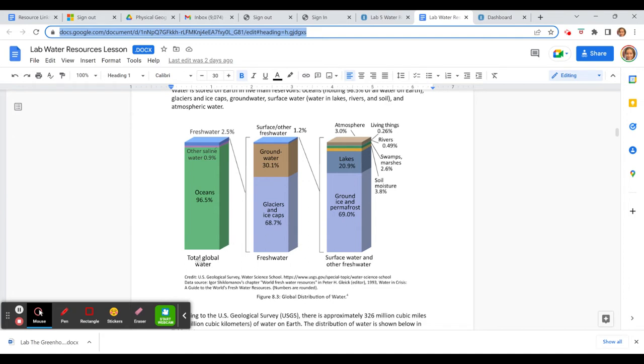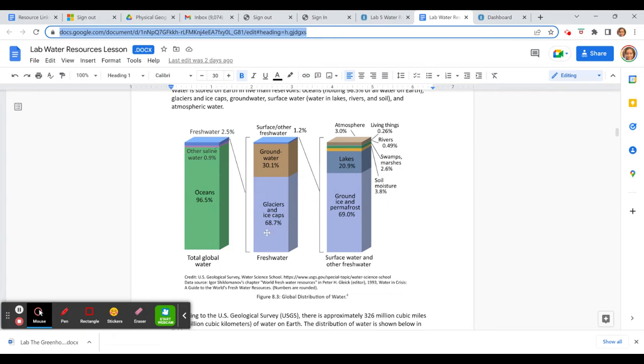So here is a representation on the left-hand side that says total global water. All of the global water here is represented. And in green, you'll notice that 96.5% of our available global water is in the ocean, which means that 2.5% of it is fresh. Of that fresh water, most of the Earth's fresh water,